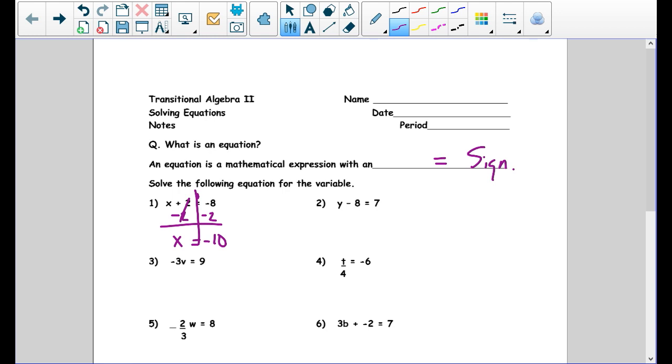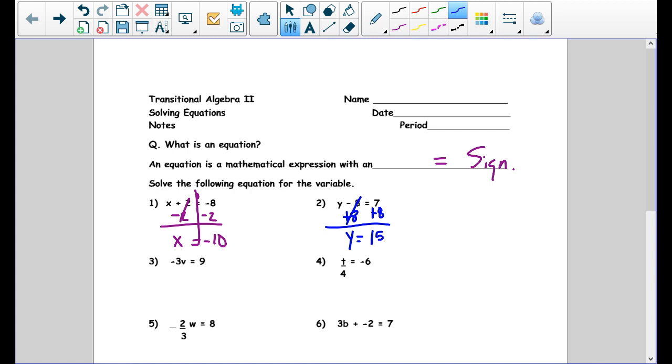Alright, number 2. y minus 8 equals 7. How do I get rid of the minus 8? You add it. Good. So plus 8, plus 8. Negative 8 plus 8 is 0. So y equals 7 plus 8,